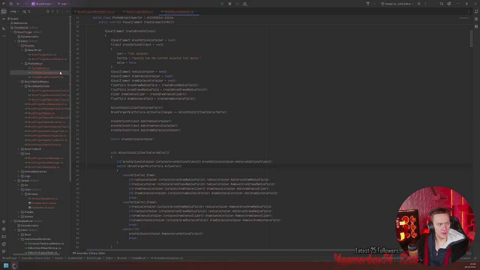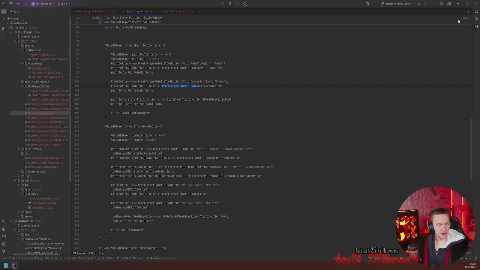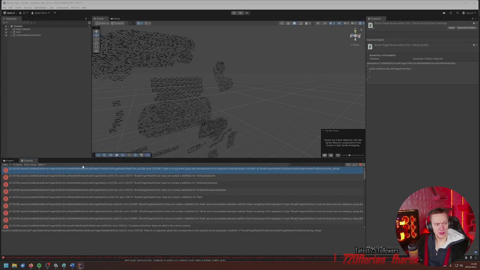Compilation? Compiler? Compiling? The compiler to work. I can of course just click the errors in here.